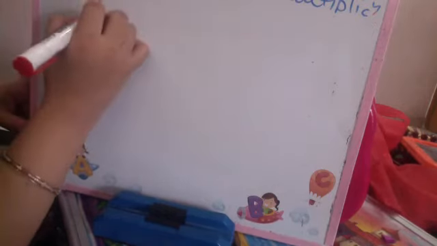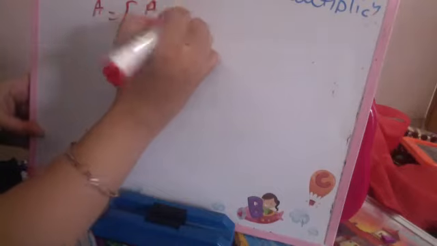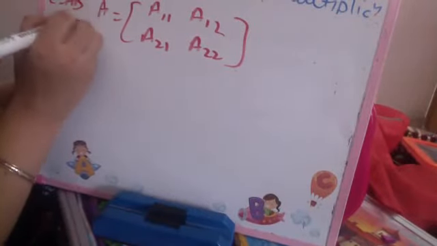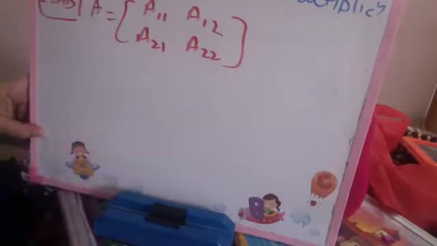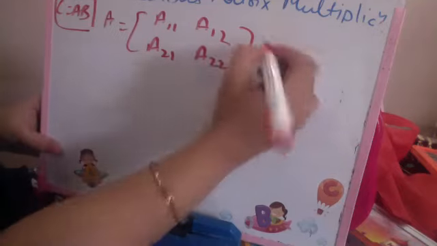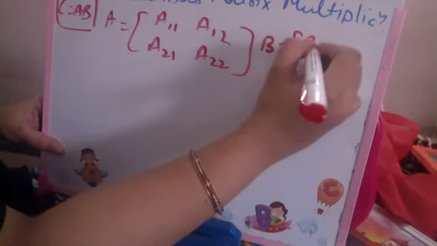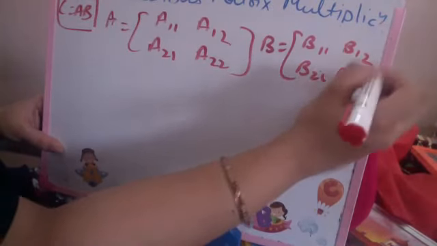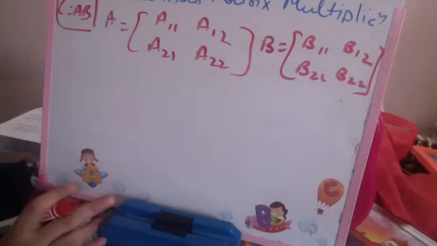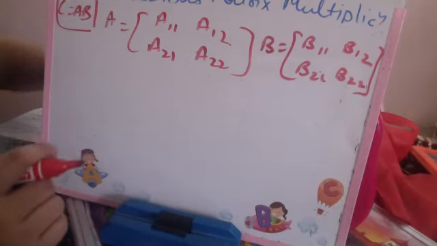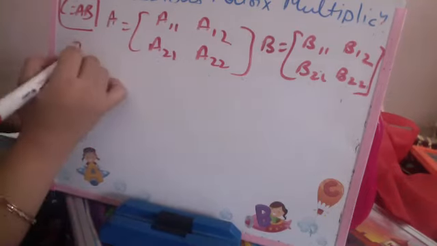Now supposedly A is represented by A11, A12, A21 and A22. Please recall that I am trying to achieve this: C is equal to A into B is my initial problem. And if B is equal to B11, B12, B21, B22, I'm just giving them the row numbers and the column numbers, nothing else have I done till now. So if I'm dividing them in this way, and similarly C is divided, then I am going to calculate 7 matrices.